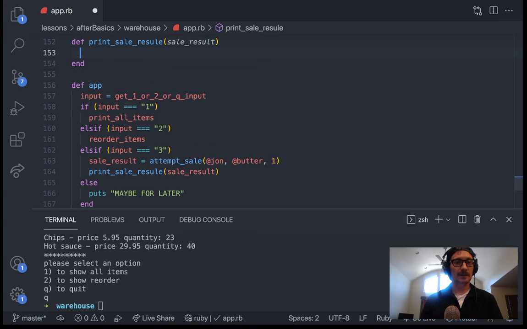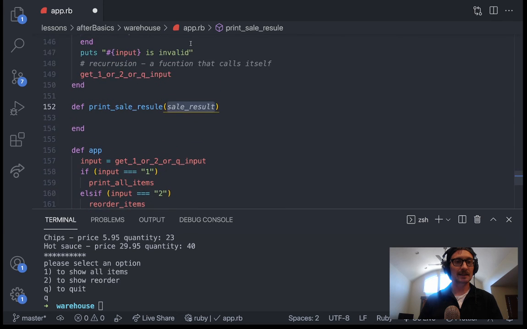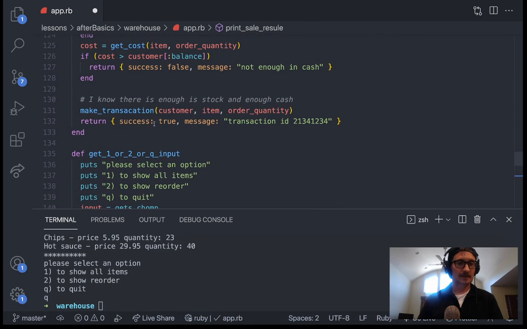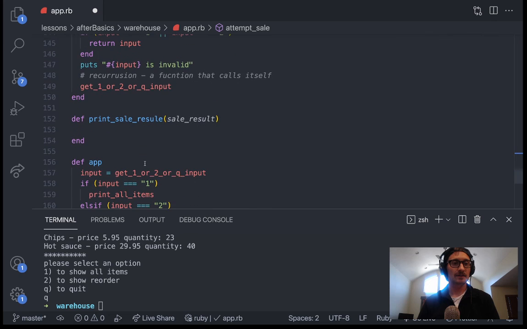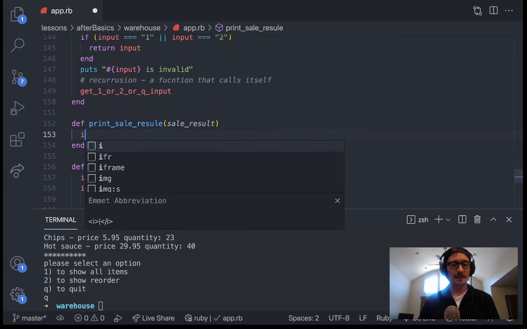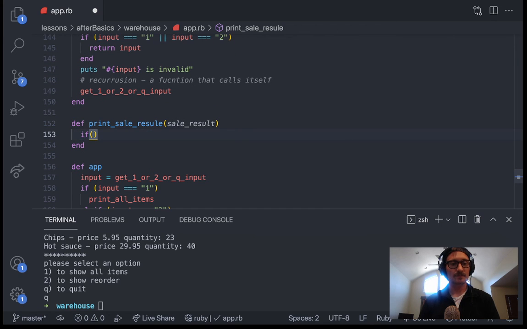And here we could do something like, so our sell result, what I'm expecting this to be, and this is getting a little hard, and I'll stop in one second here, but our sell result, I'm kind of expecting it to be this object with success, which is going to be a Boolean, and then a message. So I could do something like, if sell result success,